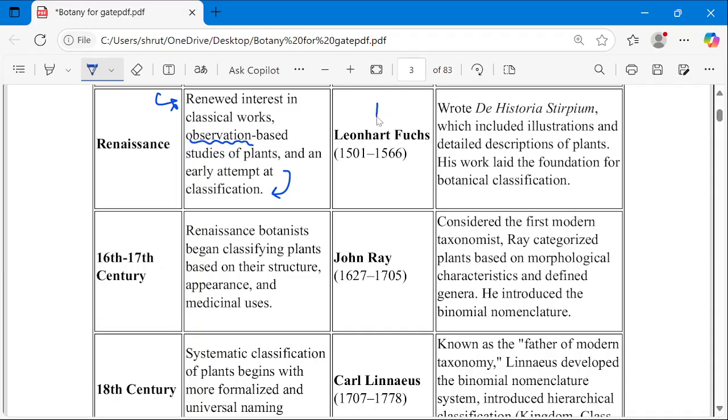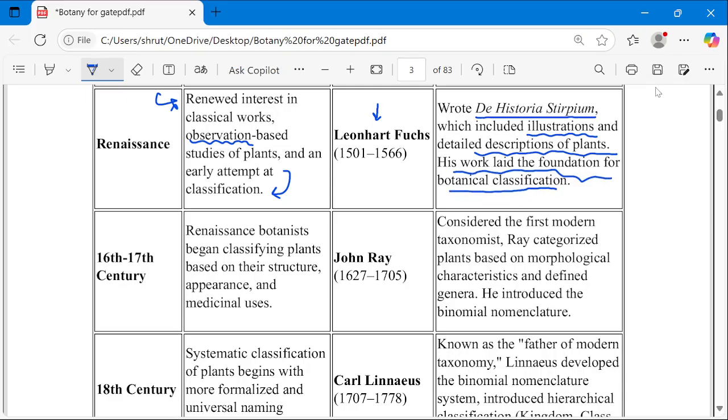The scientist in the Renaissance era is Leonhard Fuchs. He wrote De Historia Stirpium, which included illustrations and detailed descriptions of the plants,